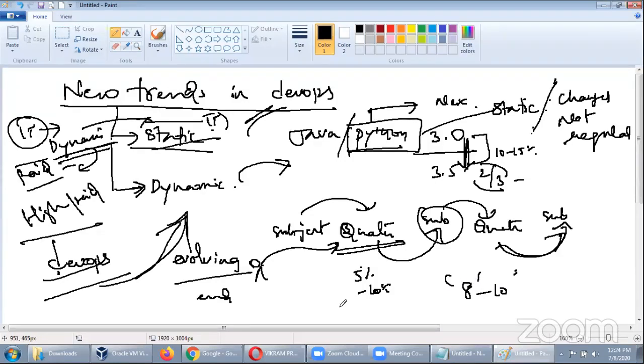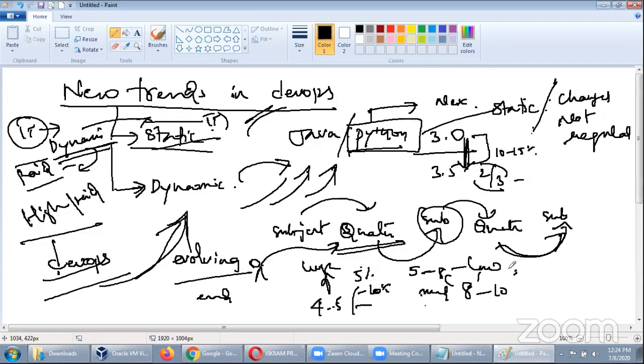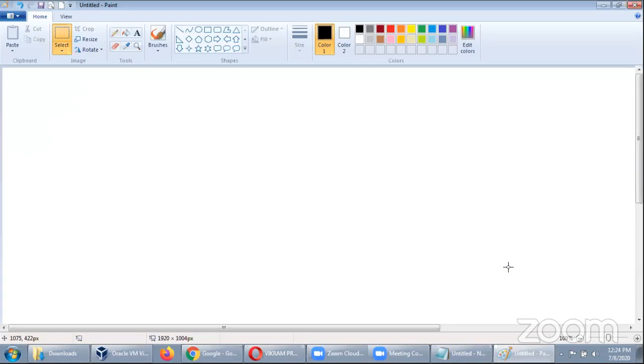You'll have exclusively for the next 4 or 5 years a huge market for it. After 5 years, it becomes somewhat low because it gets filled up. So it becomes mature. The next 5 to 8 years, it will be medium size. After 8 years, it will be low. So the current trend is migration. If you talk about trends, most of the agile projects are getting migrated into DevOps.